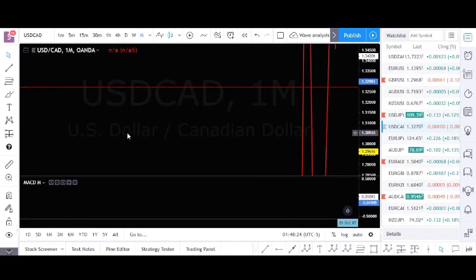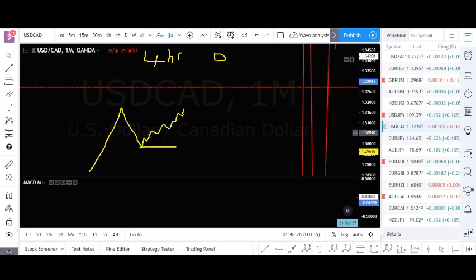Okay, and then the last strategy we have is a very aggressive strategy. If you're an aggressive trader, it is riskier than our other 2 strategies. We will only use this strategy on a 4-hour or a daily. So basically, you have your daily or 4-hour impulse, and then you form your first wave and then come up for your second wave, and then you pull a line here at the bottom